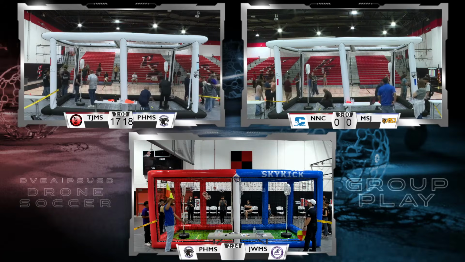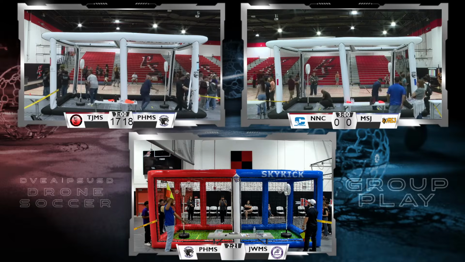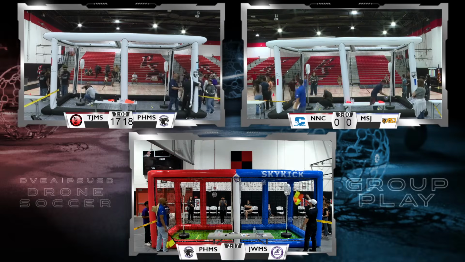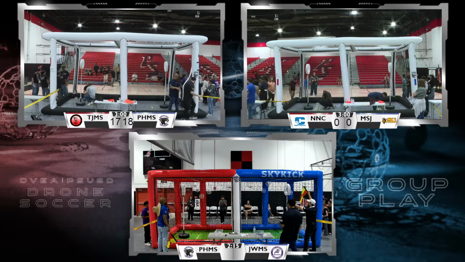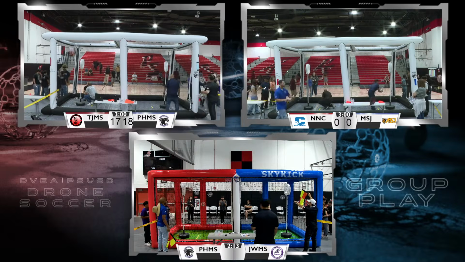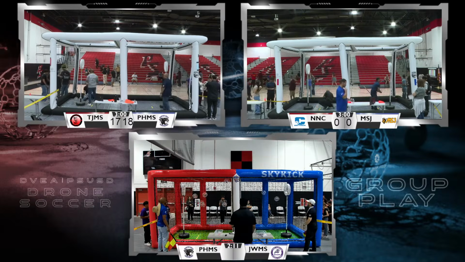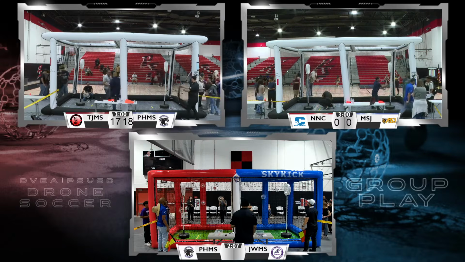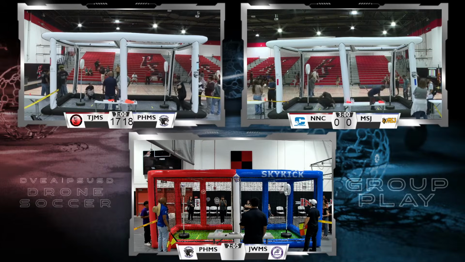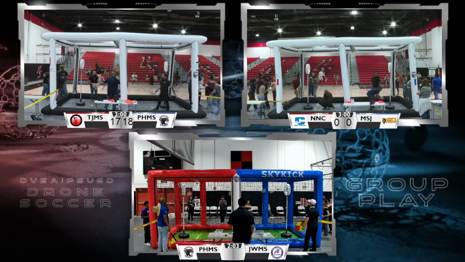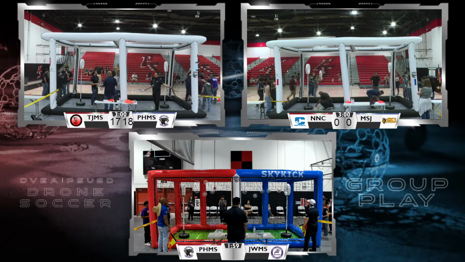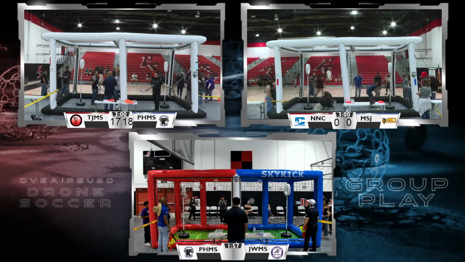You can see that when a drone has scored, the line ref or side ref will raise their flag indicating a score, and will keep their flag up until both of their strikers and all drones, in fact, from that team have crossed back across the center line. And the coaches can help teams to see that one of their teammates has scored and that they need to retreat back across the center line.